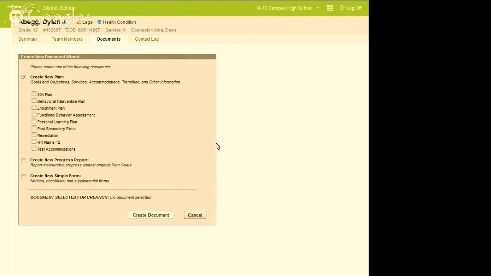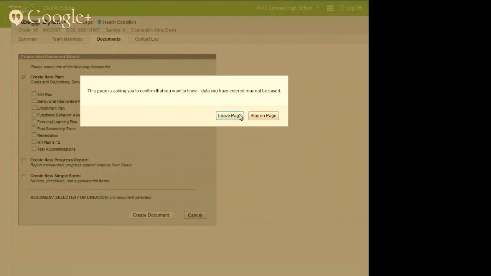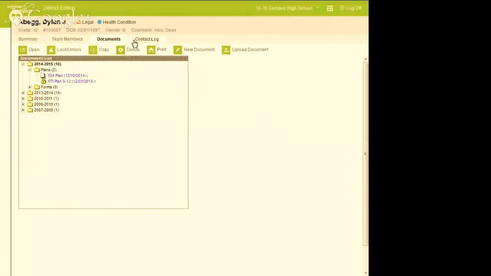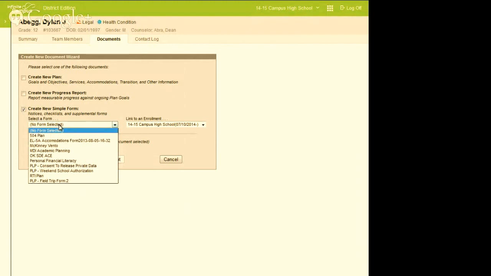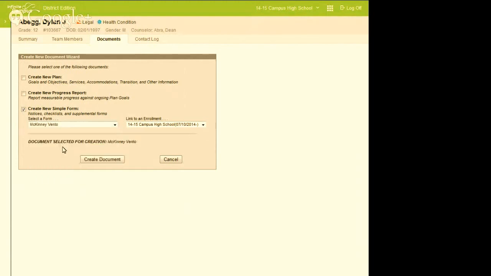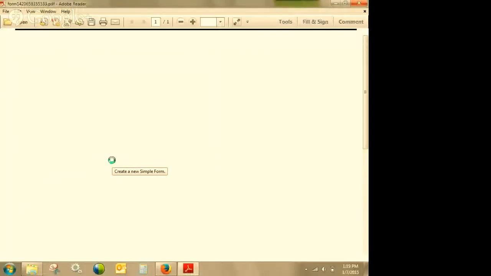Oh, if there's a state form, let me show you something else you can do. And this is probably what other Ohio districts are doing. The state recommended form, it's not a required form. That's great though, because if you can provide me that, or during the implementation, you can do what's called simple forms in Campus. So let's say, and this is a McKinney-Vento form, which I know isn't the same, but yeah, exactly, it's a homeless form.